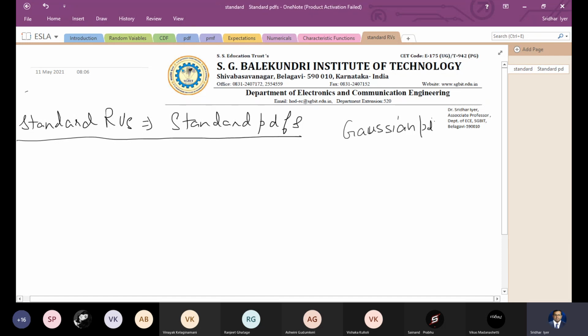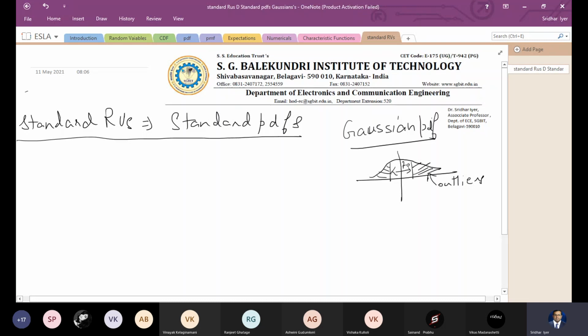Okay, a Gaussian PDF looks like this. It has a bell shape. It has its mean value, and then it has what are known as the outliers. You can relate this graph to the students' marks in a class. So the mean value is, let's say, 70. This mean value here is 70, but there are outliers.